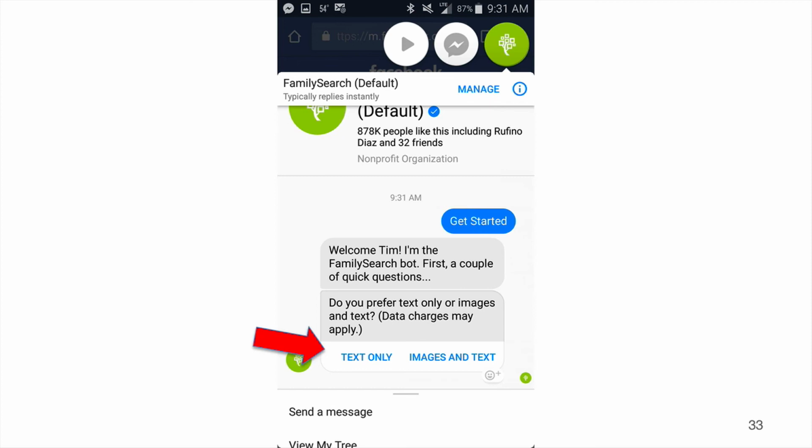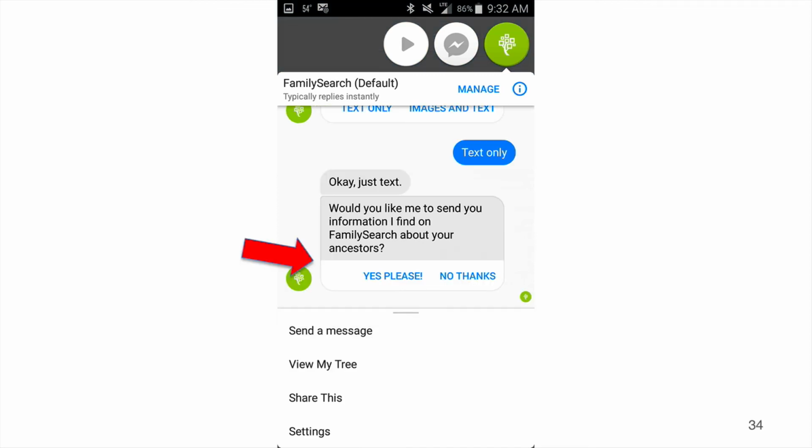Then it will welcome you, and it will let you know that this is the FamilySearch bot, and it has a couple questions. Because a lot of individuals who use this internationally may not want to pay the charges to have the data that images generate, you can select text only. Then it prompts you to see if you would like to have information sent to you from the FamilySearch bot. These would be little notifications to take a name to the temple or to enter another name into the tree, etc. So if you say yes, please,